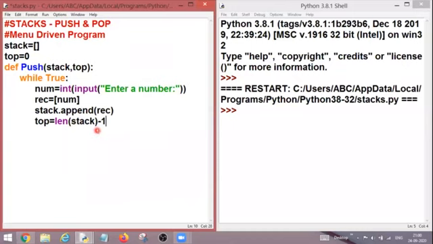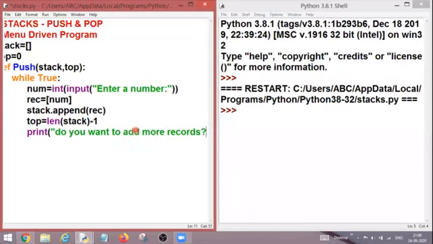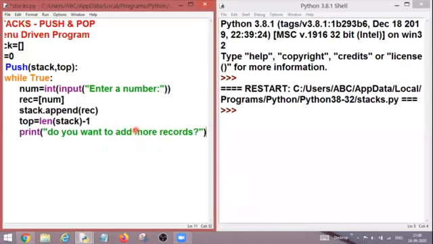Now I am passing one statement: do you want to add more records? So I'm taking one variable th for the same. And if I want, then I will be giving the input. And now I'm checking if th is equal to N or th is equal to n.